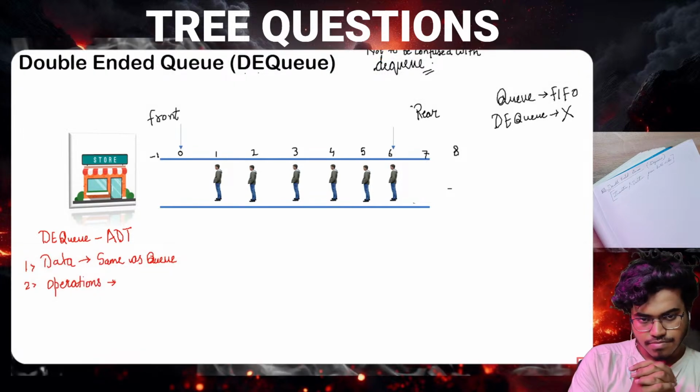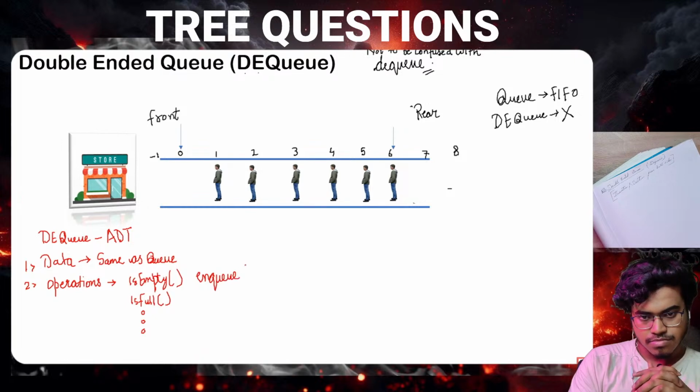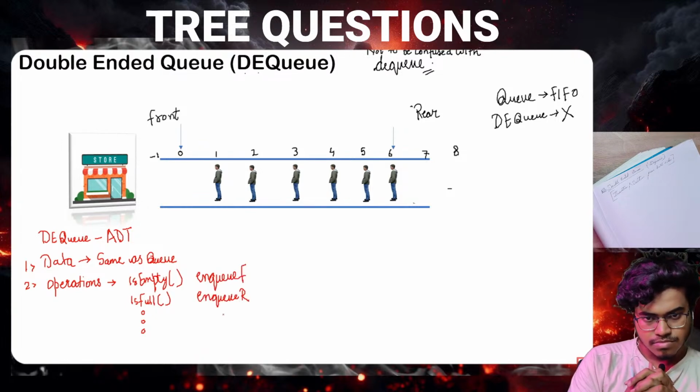ऑपरेशंस के बारे में बात कर लेते हैं। ऑपरेशंस कौन कौन से हैं, ऑपरेशंस कौन कौन से आप इसमें करा सकते हो। तो देखो इज एम्प्टी, ये एम्प्टी है, क्यू है नहीं है, इज फुल, ये सारे ऑपरेशंस तो रहेंगे ही रहेंगे, ठीक है। और जो हमने बाकी ऑपरेशंस देखे थे क्यू के अंदर वो सारे तो रहेंगे ही रहेंगे। एनक्यू डीक्यू की जगह क्या आएगा आप ये देखो, एनक्यू डीक्यू की जगह आएगा एनक्यू फ्रंट, एनक्यू रेयर, ठीक है, एनक्यू फ्रंट, एनक्यू रेयर, और डीक्यू फ्रंट।